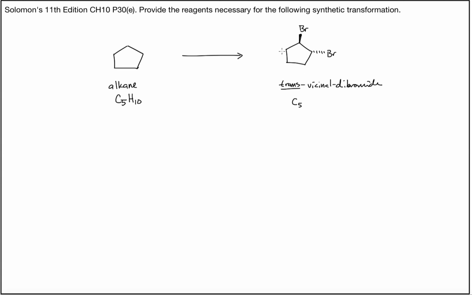Hydrogens, we have 2, 4, 6, 7, 8, and 2 bromines. So overall, from starting material to product, we're substituting 2 hydrogens for 2 bromines. In this type of problem, it's easier to work backwards in a retrosynthetic manner than to work